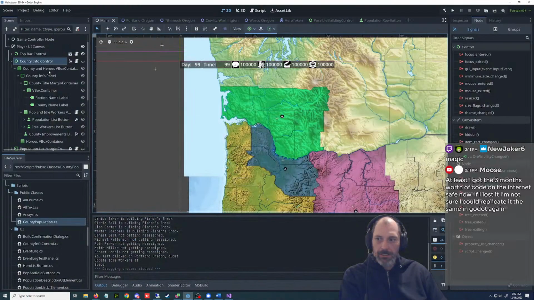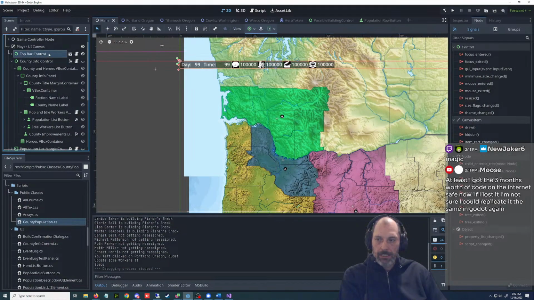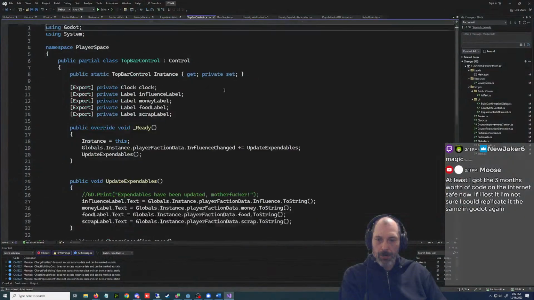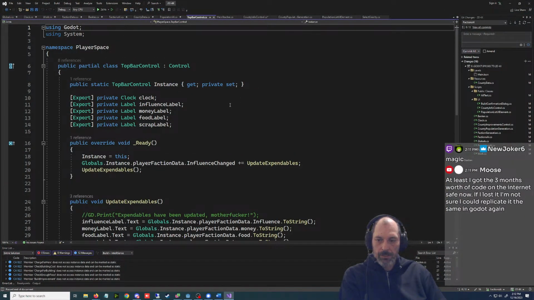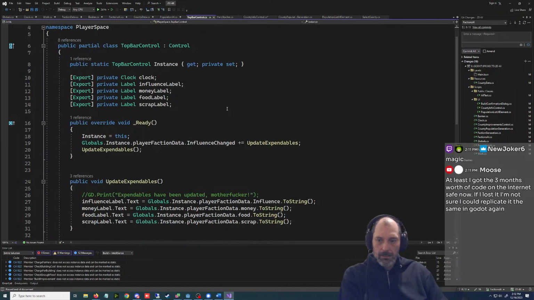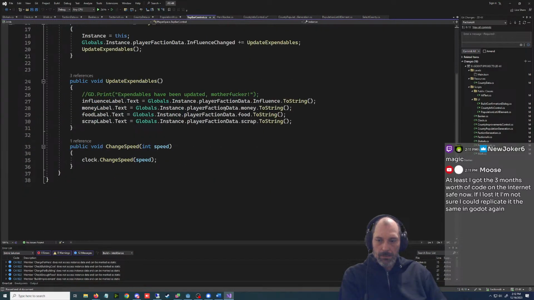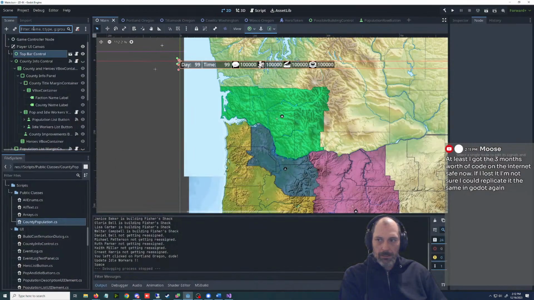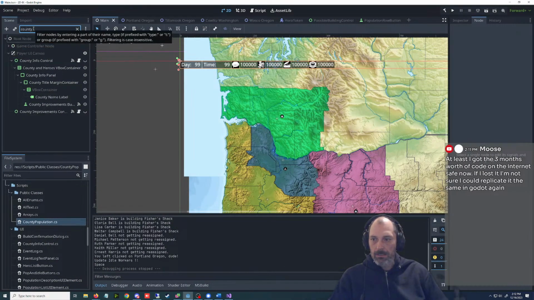Maybe, what's above this? Did I stick it somewhere dumb, like in the top bar, because the top bar never closes, never gets hidden? What the fuck? Can I go by county?